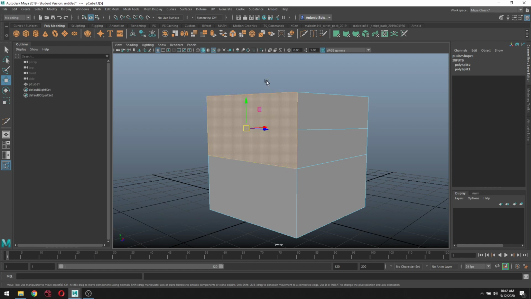This right here is what is called an n-gon. Okay, you do not want any n-gons in any of your models. Okay, so I'm just gonna go ahead and hit Control Z to undo all of that, and we'll get started on the next video. Okay, so Control Z lets you undo